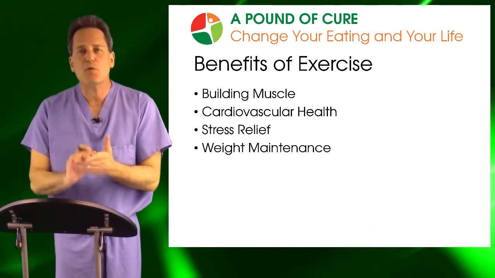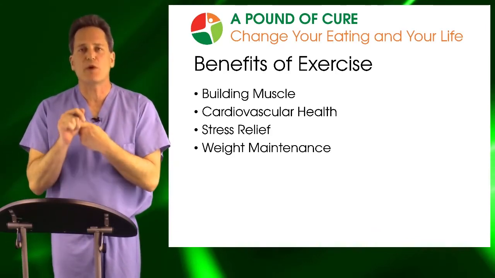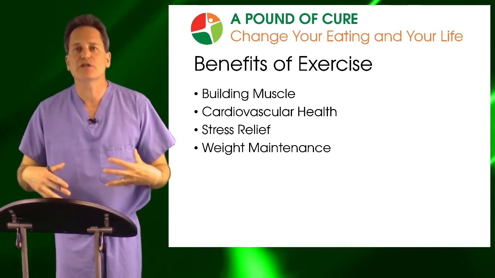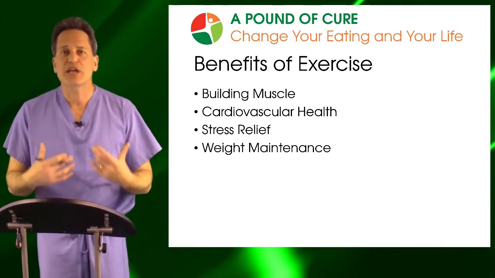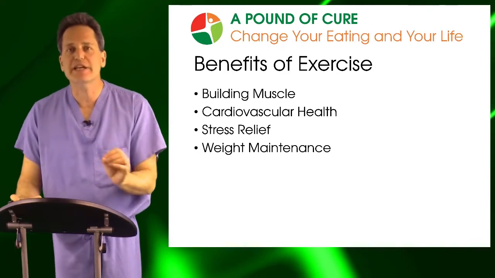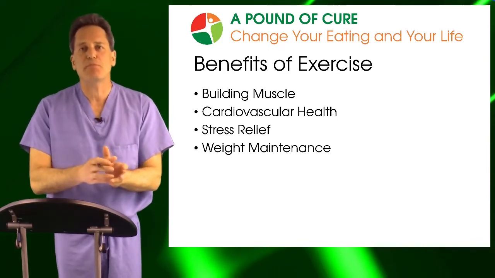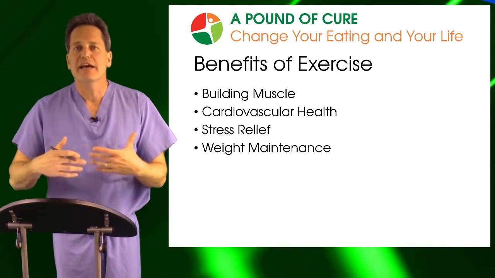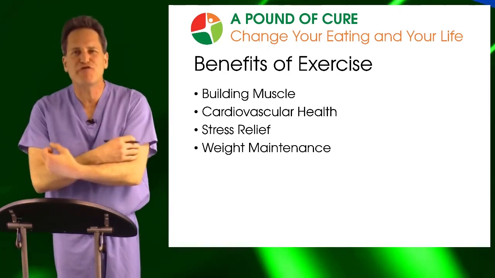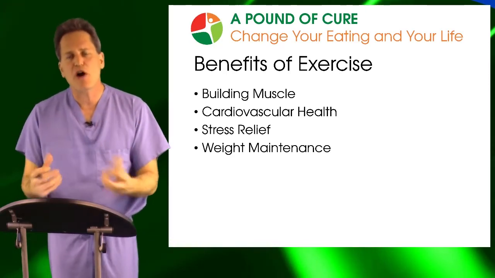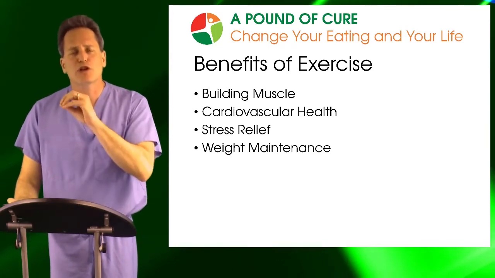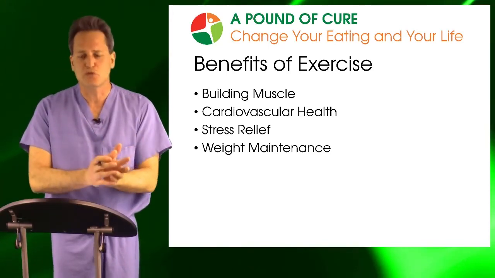So the number one benefit of exercise when it comes to weight loss is building skeletal muscle. Building muscle in your legs, in your abs, in your chest, in your back, in your arms, adding muscle to your frame and then using it vigorously lowers your set point. And without modifying your diet, if you exercise vigorously and you build muscle, where you can feel it in your arms and your chest, and you know that you're using these muscles and you're sore on a regular basis, this lowers your set point and allows you to lose weight.